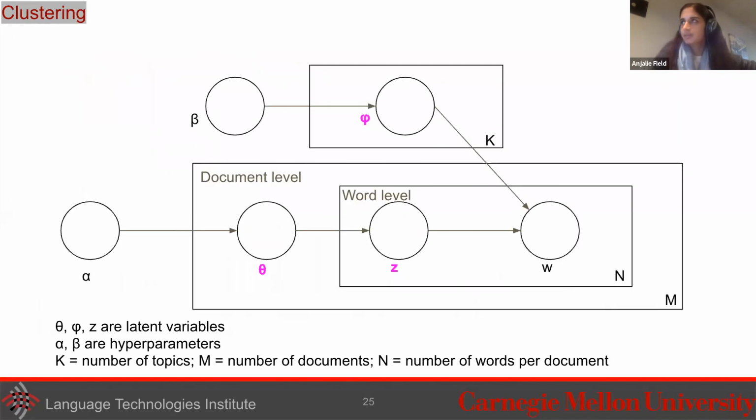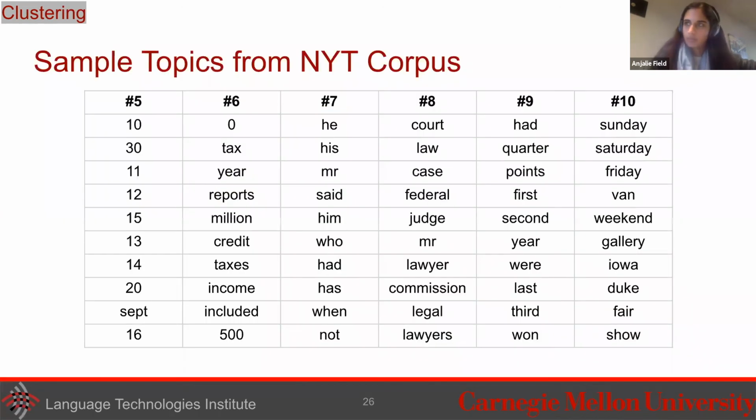But basically, the canonical way of representing it is through a plate diagram, which is common in this type of model. What you are ultimately recovering from doing LDA is that you consider each topic to be a distribution over your vocabulary, and you consider each document to be a distribution over topics. We call these things topic models, but what they're really recovering is just distributions over your vocabulary. So if you actually run a topic model, this is one that I ran over a set